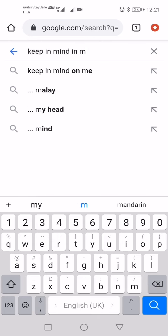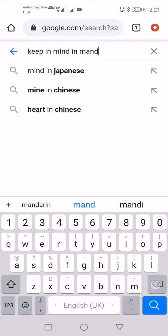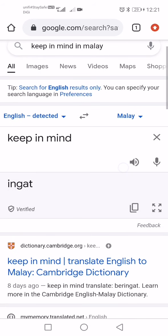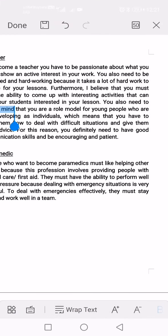Still, it's very difficult to explain. Let me just look for the direct translation. Keep in mind, 记住. See, I say like remember. Like the meaning is like remember. 你要记得kamu perlu ingat itu maksud dia. Okay? 你要记住, kamu perlu ingat. Ingat. That's the meaning of keep in mind. Okay? Bukan saya suruh kamu ingat 不是那个意思，不是我叫你记得那个意思，这个是你要记得你要这样子做。Maksudnya ialah kamu ingat kamu perlu buat itu, ingat yang itu. 那个的记得。